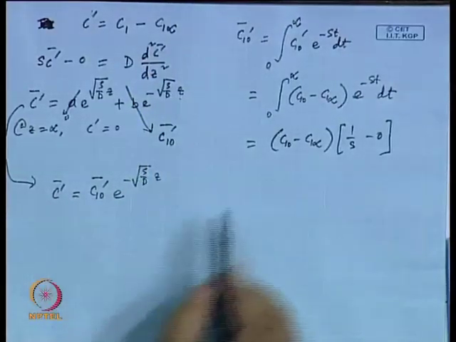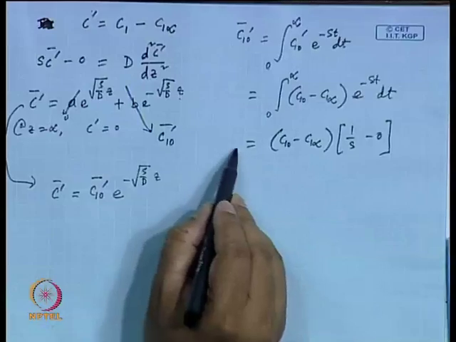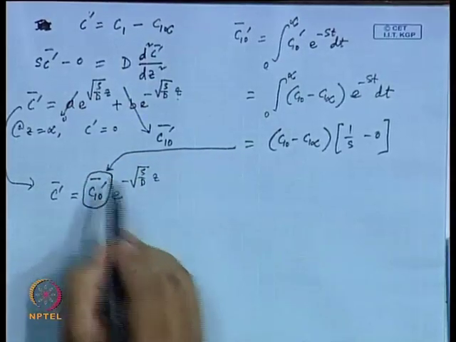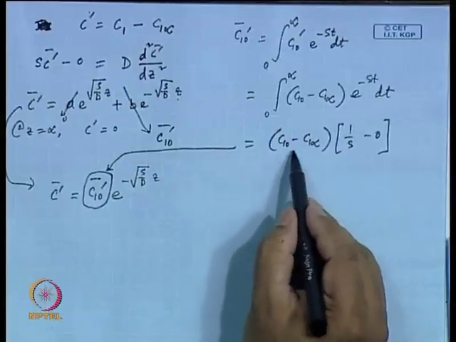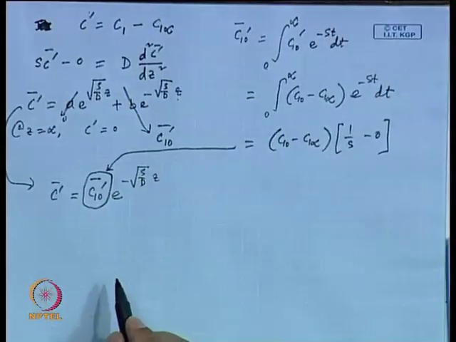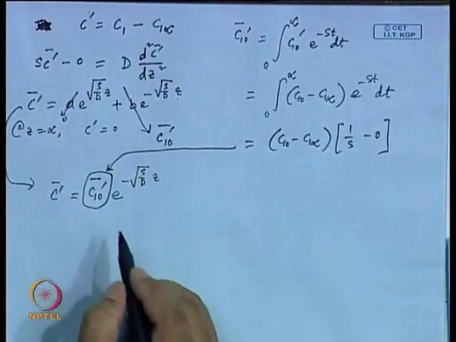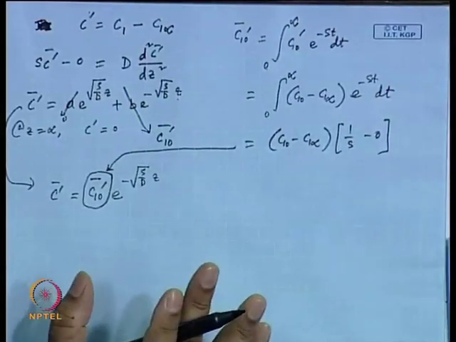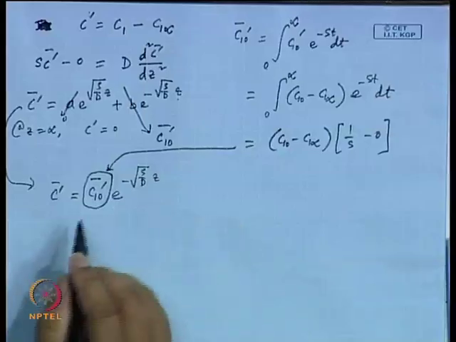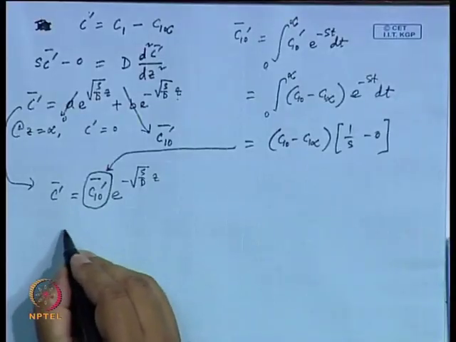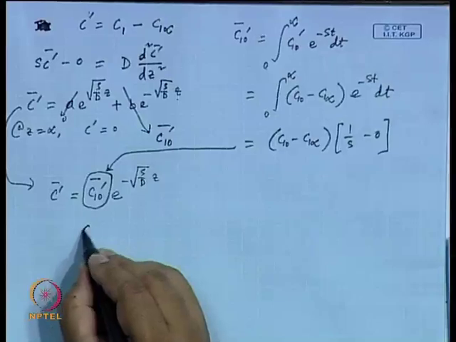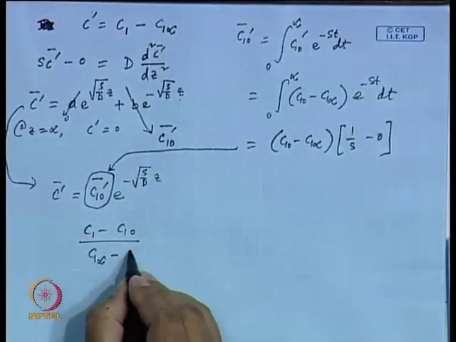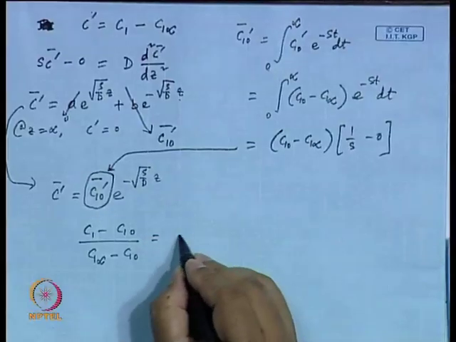Now, instead of this C10 prime, you bring this term here in this C10 and replace this one with this whole term C10 minus C1 infinity by s, and then you take the inverse Laplace transform. This would be pretty straightforward. You go to the table for Laplace transform and you can see that the final form that you get is C1 minus C10 divided by C1 infinity minus C10, that is equal to nothing but